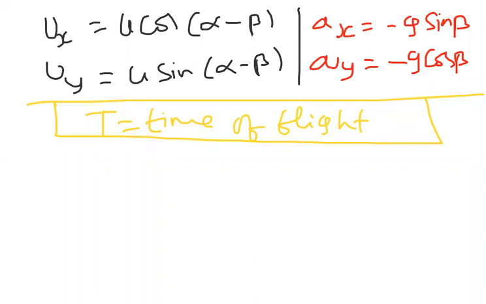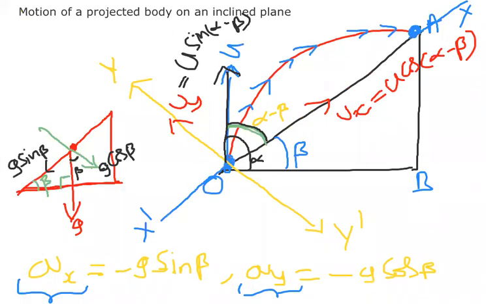When I want to discuss the time of flight, we'll observe the diagram carefully. When the projectile is at A, see the A point carefully here. At A, what is the y value? The y value is 0, because it is a point on the x-axis. From here to here it is the x-axis. You don't take the base as the x-axis. I'm saying again, some people get confused by taking this as x. No, this is not the x-axis.